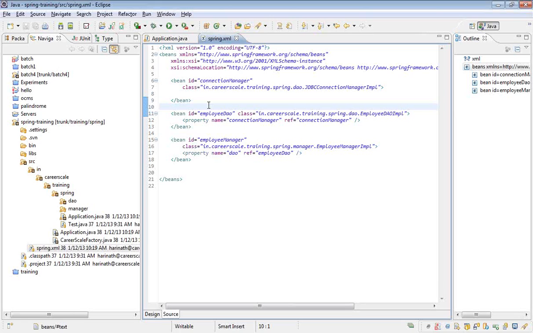I'm having three different layers. One is the connection manager, which will take care of the JDBC connection. So bean ID connectionManager, and I'm giving the complete class. This is what you need to do; there is no other way. The Spring Framework defines this. It's a configuration file where whatever you define here is going to work. And then